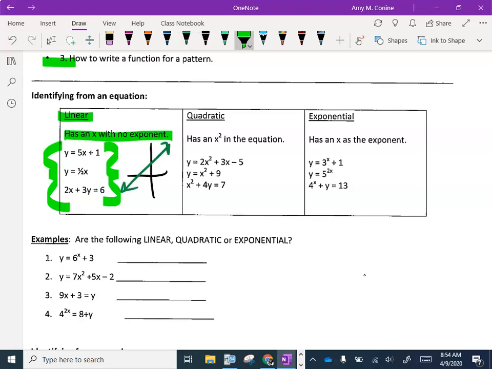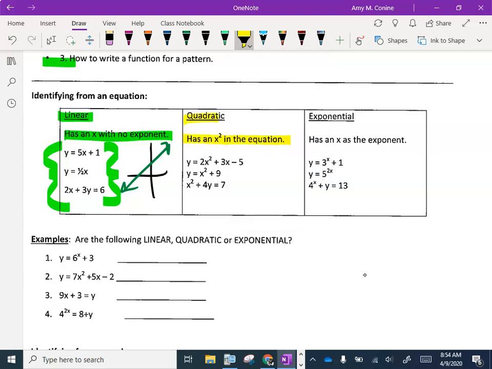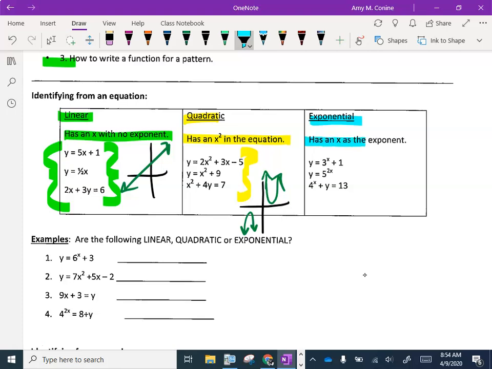Okay, quadratic, you have an x squared in there somewhere. Okay, so they'll all look like this. And then for your graph, you should have some sort of smiley face or frowny face. Okay, it should be up or down. And then for exponential, when we did our exponential unit, you have x as an exponent. So they will all look something like this. And then for the graph, it'll be sort of like an upward curve,